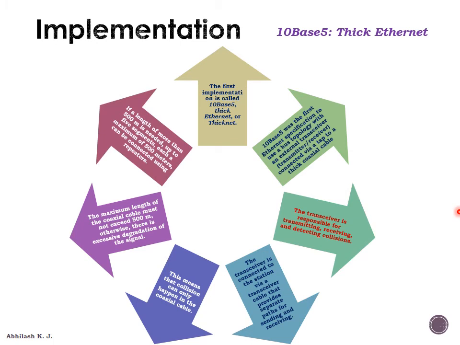If a length of more than 500 meters is required, in that particular case you can extend the LAN network under 10Base5 into 5 different segments. It could be divided into segments. Each individual segment could be connected by making use of repeaters. Here repeaters are the ones which regenerate the signal from input to output to its original level.